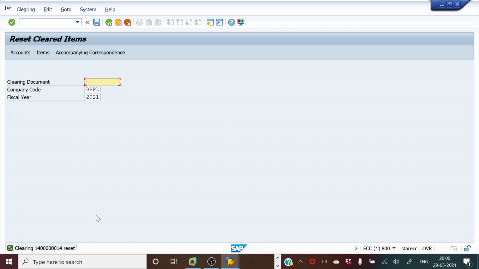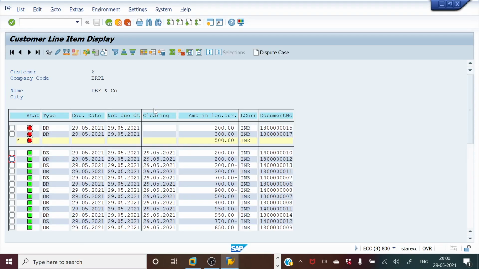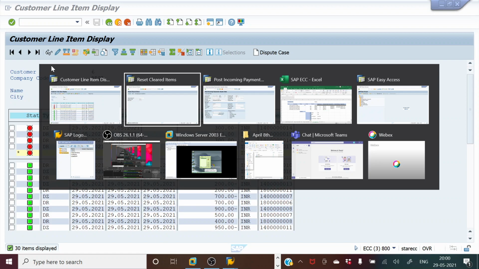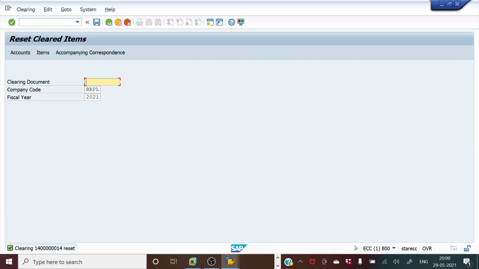What will happen is that this chain, as I mentioned, is broken, and all the three would move to the open item. So if I again come to the list and refresh, see again this DZ and 200, 300 entry, there is the DZ payment entry, and these two 300 have come to the open item. Now I will set it up against 17. Since no additional fund is coming, I will go to F-32, /n F-32. I'll clear them off.